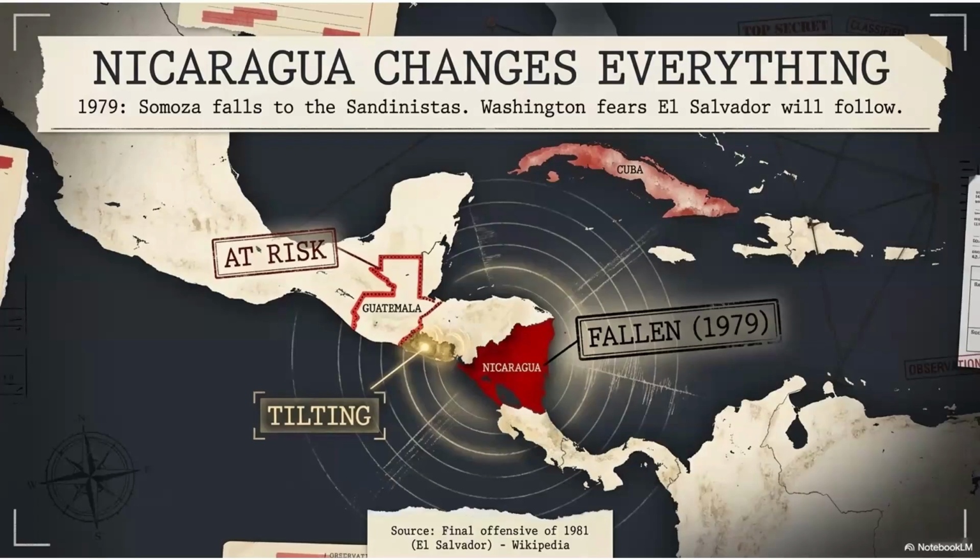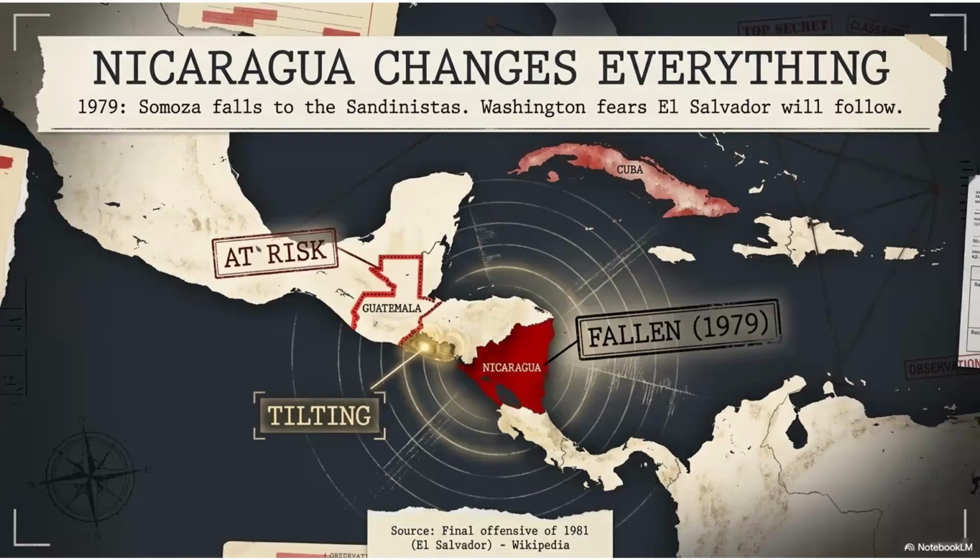This is why the dominant image appears again. US policymakers imagined the region as a chain of dominoes that could fall into revolution. Cuba, Nicaragua, El Salvador, Guatemala. What followed, who knows? This fear shaped the policy. Once El Salvador was seen through this lens, the Salvadoran government became strategically valuable, regardless of its human rights record. The main question for Washington became not "is this regime democratic?" but "can this regime stop the left?" That is the moral danger of Cold War logic. Anti-communism could transform a violent client into a necessary ally.